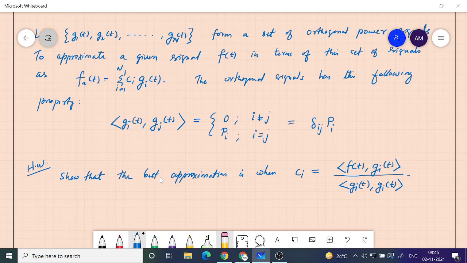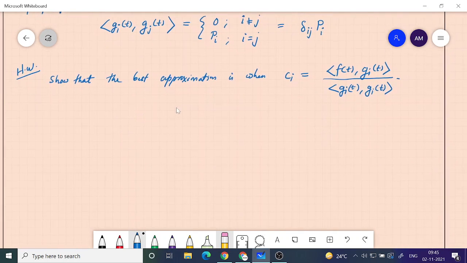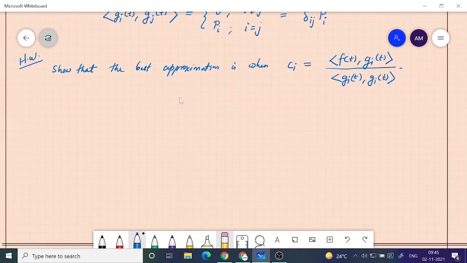There are only minor differences. Instead of energy these are power signals, but that hardly matters in the derivation. The derivation steps are exactly the same for the power signal also. Now let us consider practical cases of orthogonal sets. Let us look at the following set. I'm directly going into what is called the